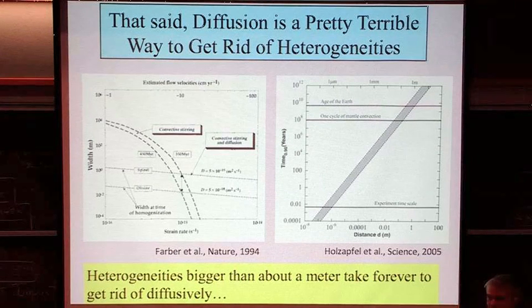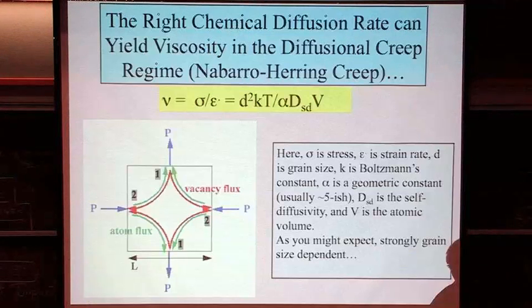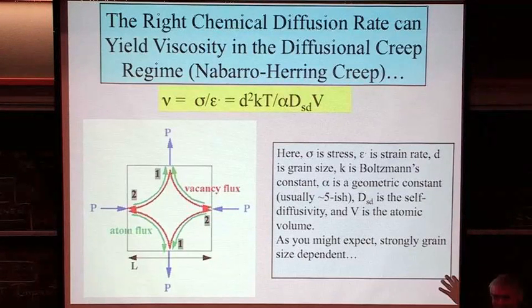Real tiny. Some of the people in the audience care about geochronology. Yeah, I know. No, I mean, it's not that that's a bad length scale. I'm not being pejorative about that length scale. But suffice to say that you'll really want to get it to that length scale before you get rid of stuff. And diffusion is not a fast actor.